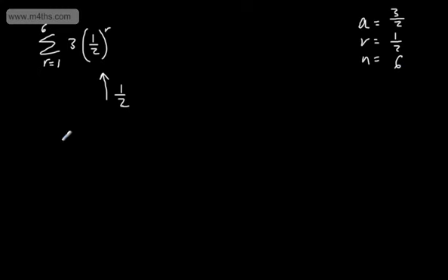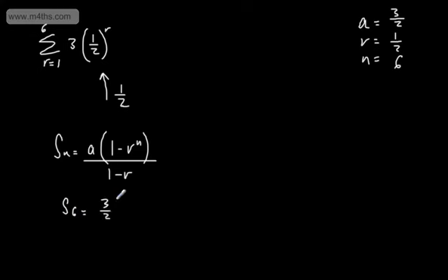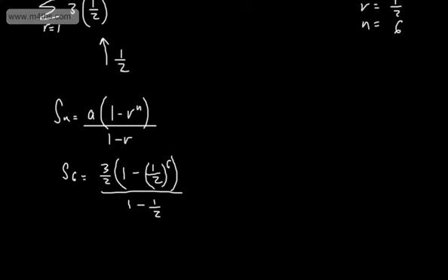So let's go ahead and use the sum of n terms. The sum of n terms is a(1 - r^n) over 1 - r. So we want the sum of the first 6 terms, which is going to be 3/2 times (1 - the ratio, which is 1/2, to the power of 6) over 1 minus the ratio. So let's go ahead and just simply plug this into a calculator, and this will give us the sum of